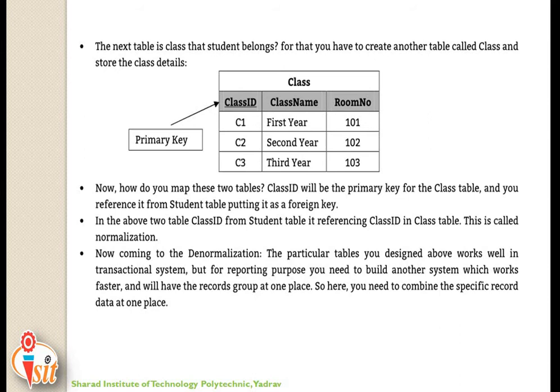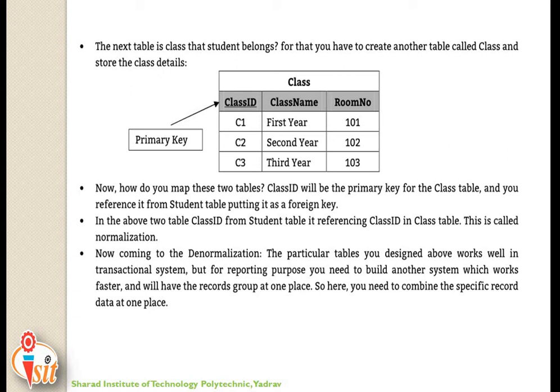Now the next table is the class that the student belongs to. You have to create another table called class and store the class details. Here class ID works as the primary key for this relation. In the previous table class ID is the foreign key; here in this table class ID is the primary key.